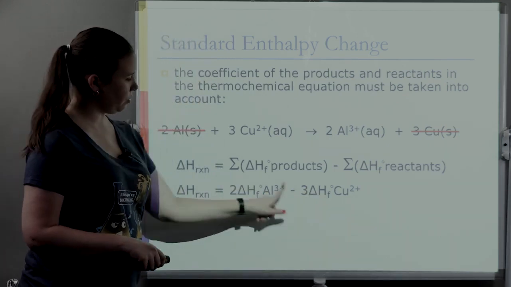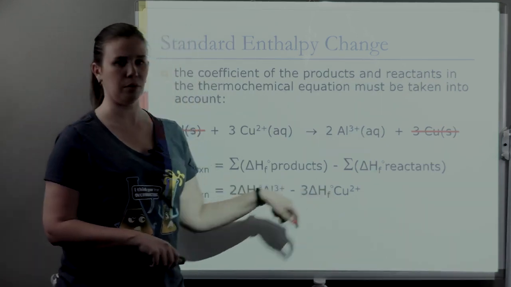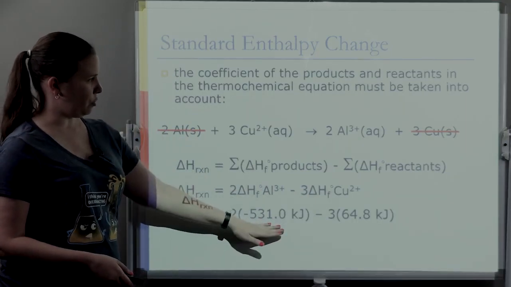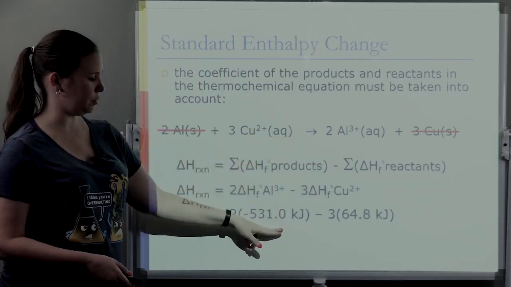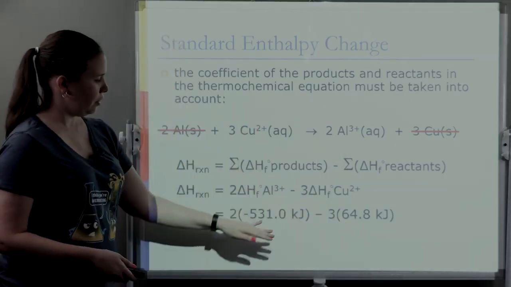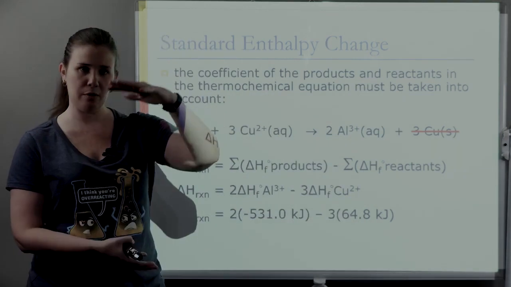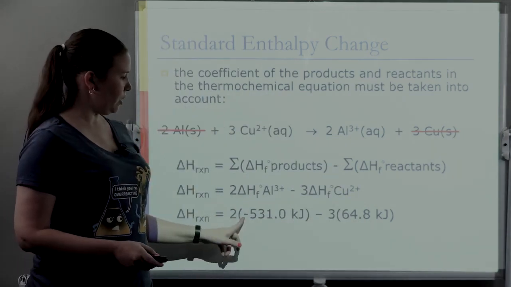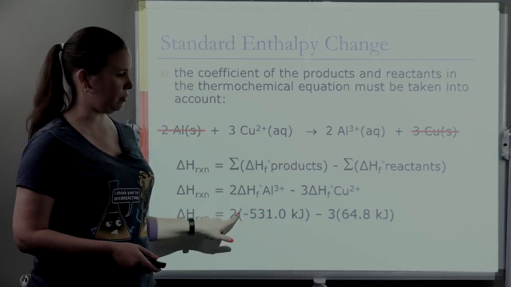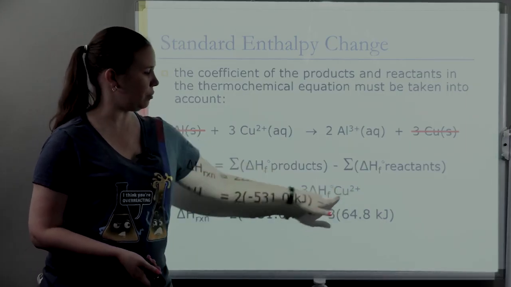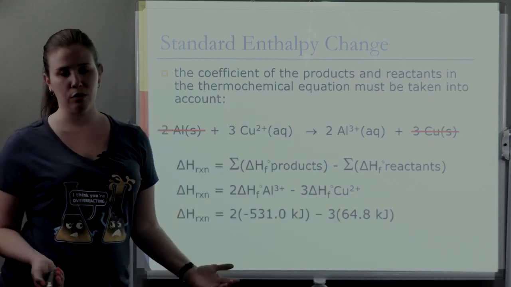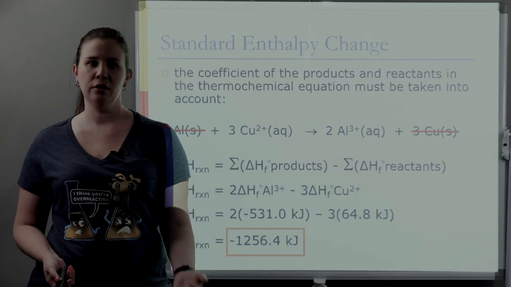So you can do this as 2 separate steps. Find all the reactants, find all the products, and then do the subtraction. So 2 times my enthalpy for my product of aluminum minus the 3 times the enthalpy for my reactant, the copper. These numbers came from that big table that we just looked at. So we would look up exactly aluminum 3+, plug in that number and multiply it by 2, and we look up exactly copper 2+ and multiply that number by 3. Now we just got to be really careful about order of operations so that we end up with the correct sign of negative